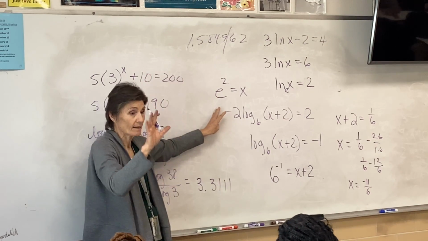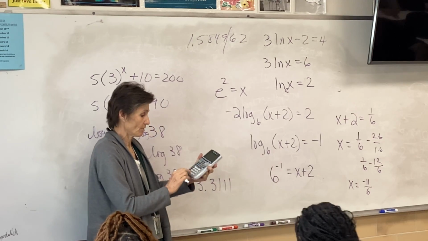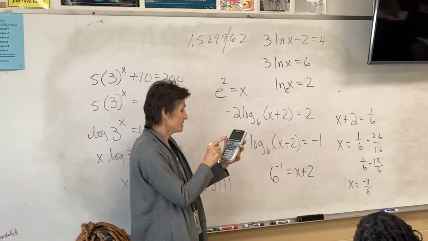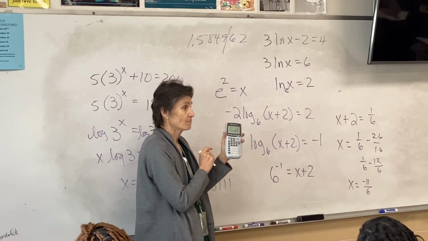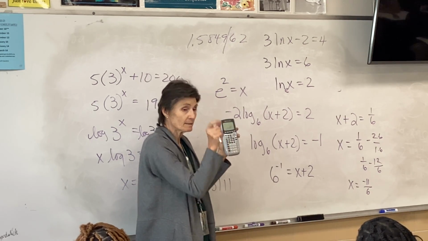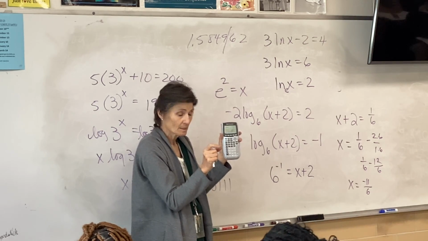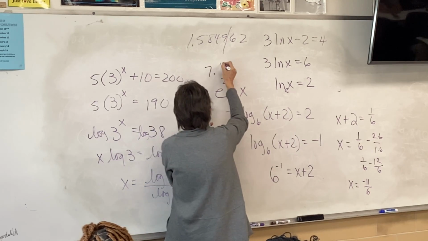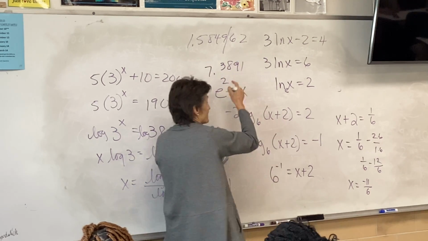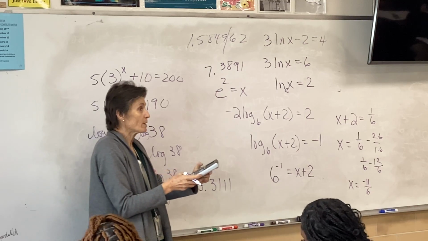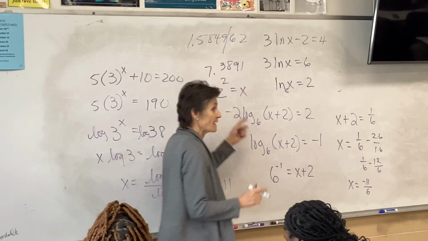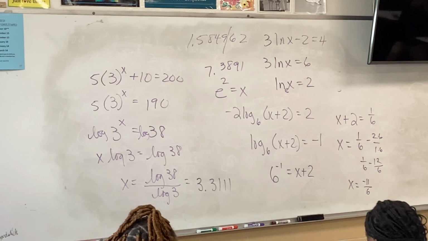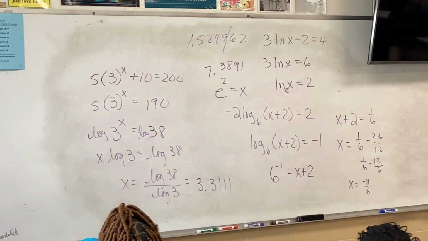E squared is it. If you have a calculator, do you know how to type e squared in on your calculator? Second ln pulls up e, and then just hit 2, and it's 7.3891 would be the decimal. So if it's a no calculator, we're gonna leave it as e squared. All right? Okay, you guys, have a